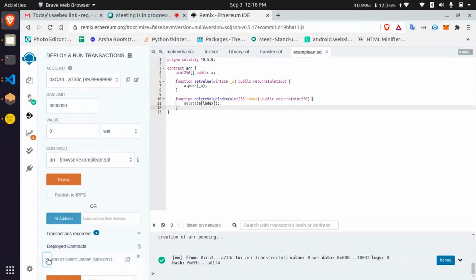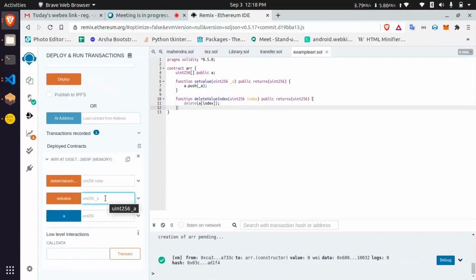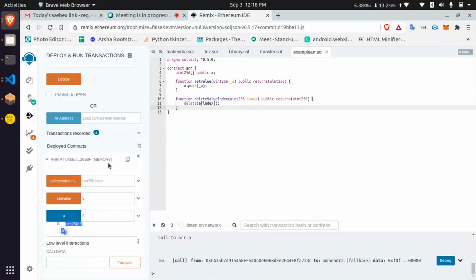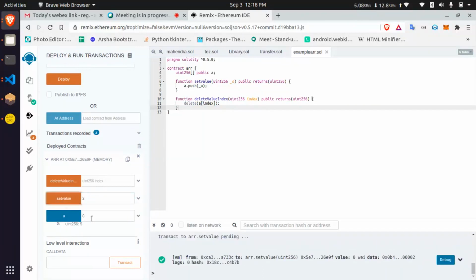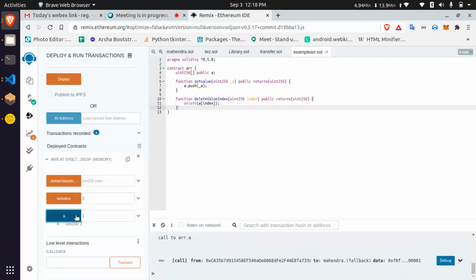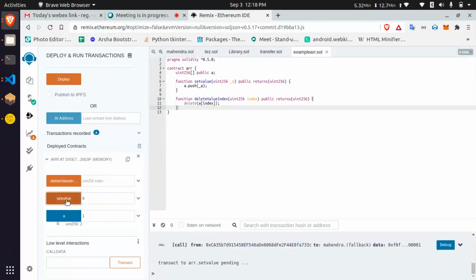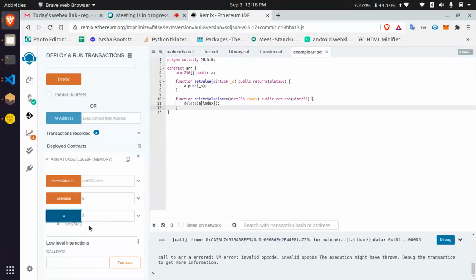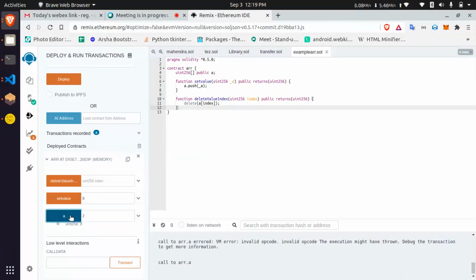Deploy. I'm going to set value 5 at the zeroth position, checking the zeroth position. Yeah, you can see the 5. I'm going to add one more variable, one more index, 2. At the first position, 2 is there. Then I'm going to set 8 at the third position. Sorry, second. Count is there. Length of. You can see the 8.